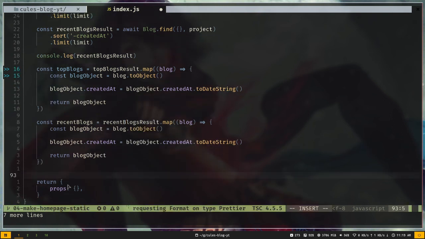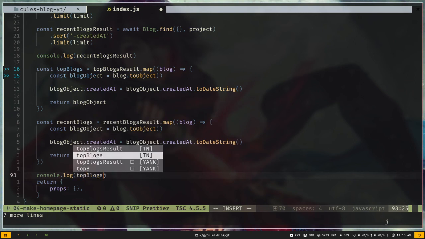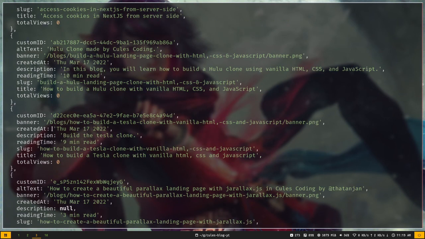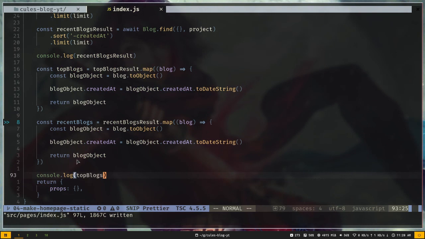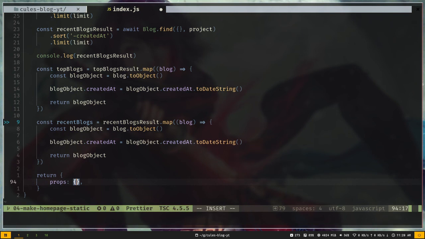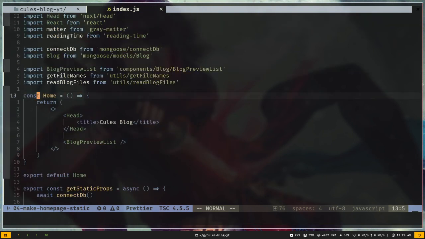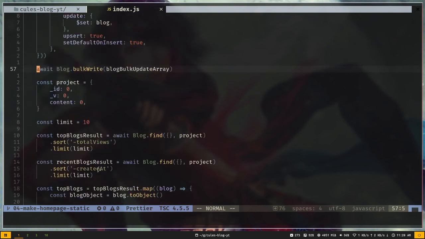And now let's console log them. I'll just console log the top blogs, and we have again an array of objects, but this time we don't have any date object, we have a date string. So now we can pass this data as props. So I will delete this, and I will pass top blogs and recent blogs. And also I will delete this console log, and let's go to the component, and our home component will get